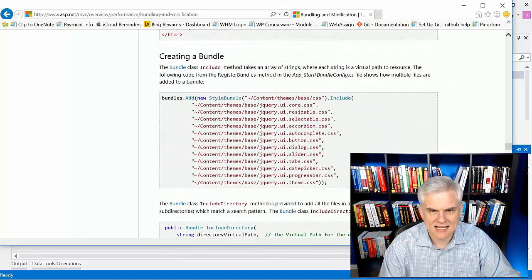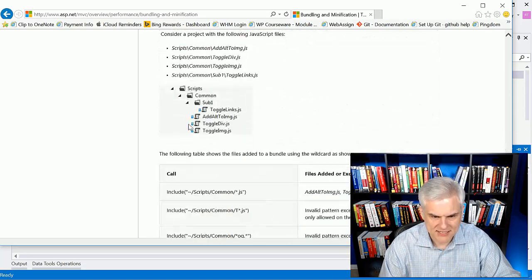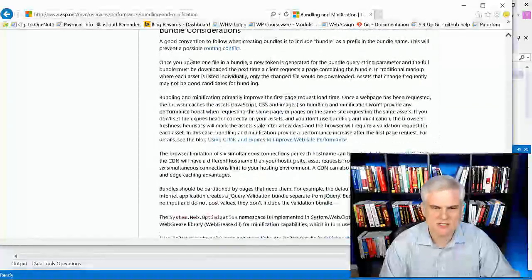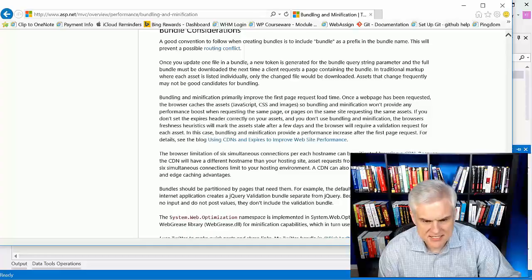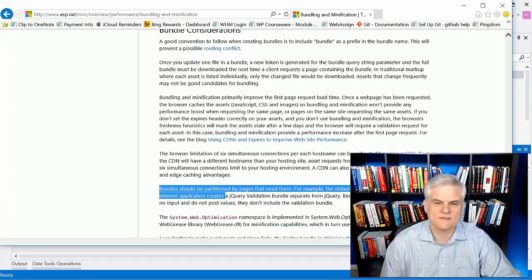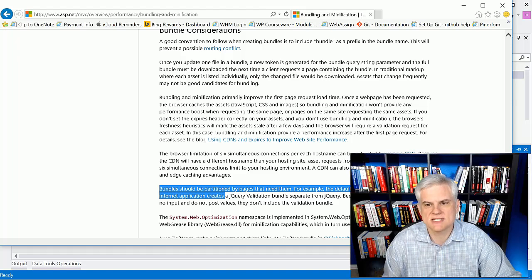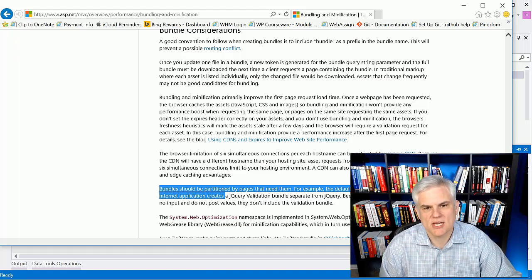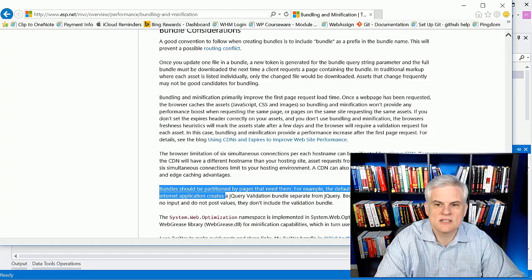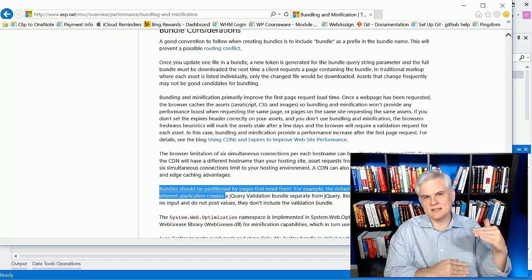The last thing that I wanted to kind of mention here is some of the best practices that it lists right here at the very bottom, bundling considerations. And one of the things that it says is that bundles should be partitioned by pages that need them. And it gives you an example here of the default ASP.NET MVC template for an internet application creates a jQuery validation bundle separate from jQuery,